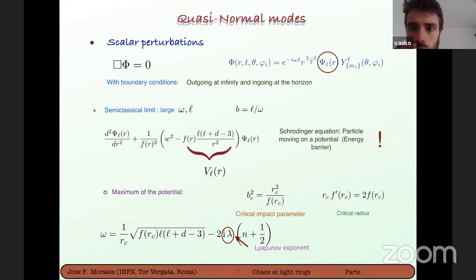Right. But I'm just asking because in AdS, there wouldn't be an imaginary part if I have a microstate because it's sort of like a trapped potential. So how would lambda emerge in the case of? This is a good point. I will come back to this point when I discuss this case, and you can ask me again this question. I will ask exactly this question to myself and try to.